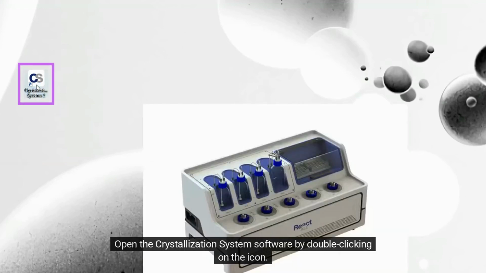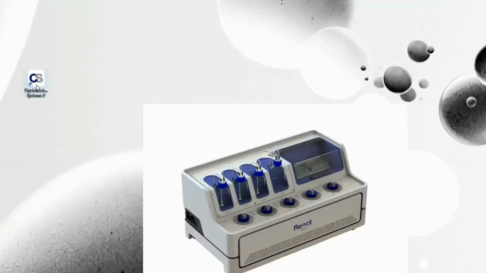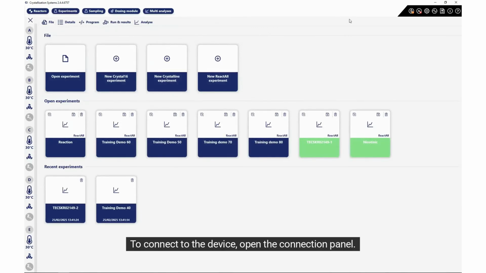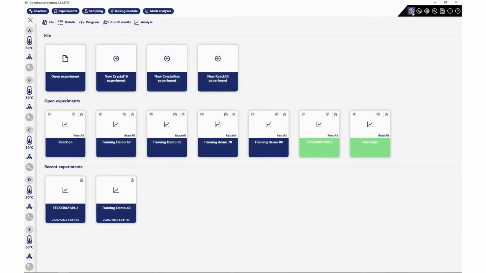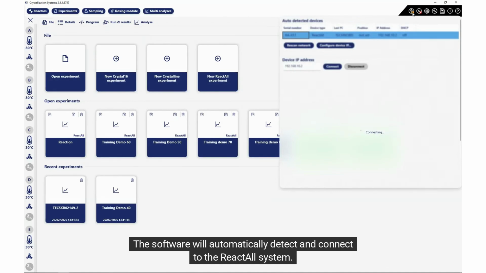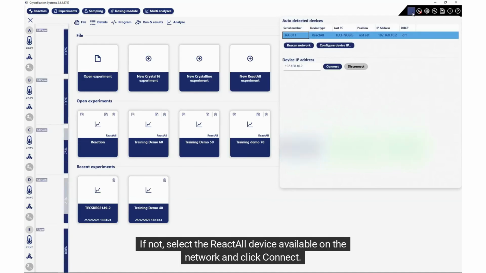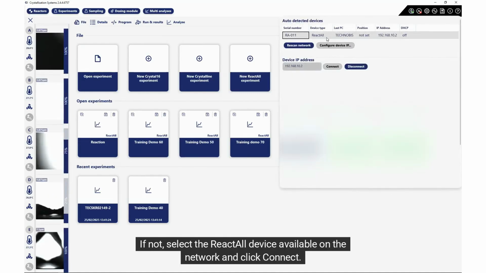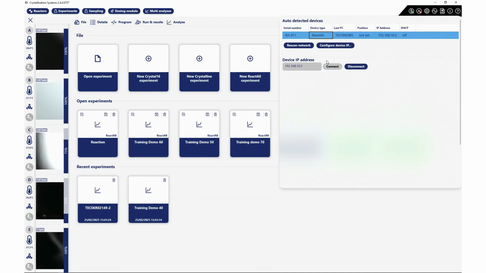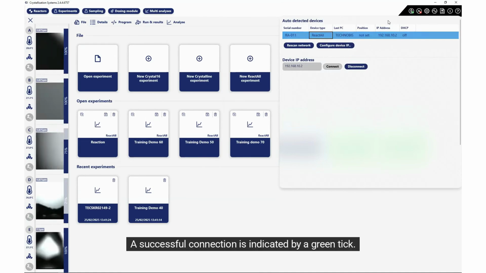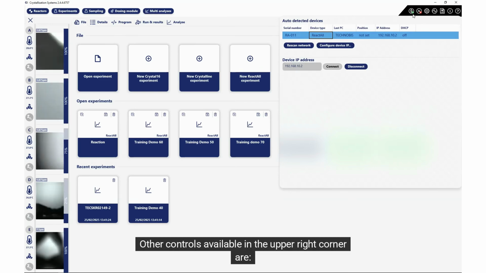Open the crystallization system software by double-clicking on the icon. To connect to the device, open the connection panel. The software will automatically detect and connect to the ReactALL system. If not, select the ReactALL device available on the network and click Connect. A successful connection is indicated by a green tick. Other controls available in the upper right corner are: